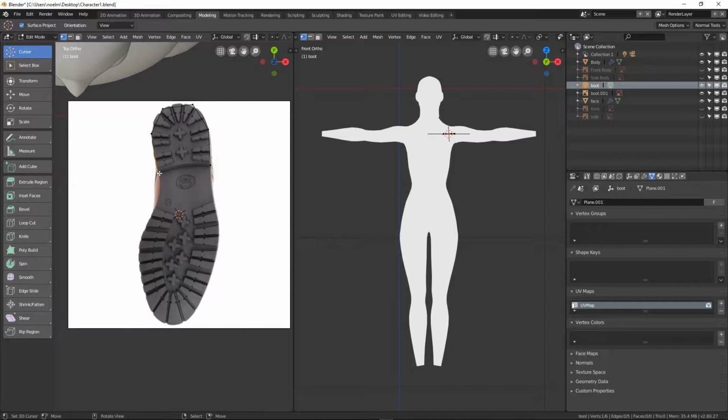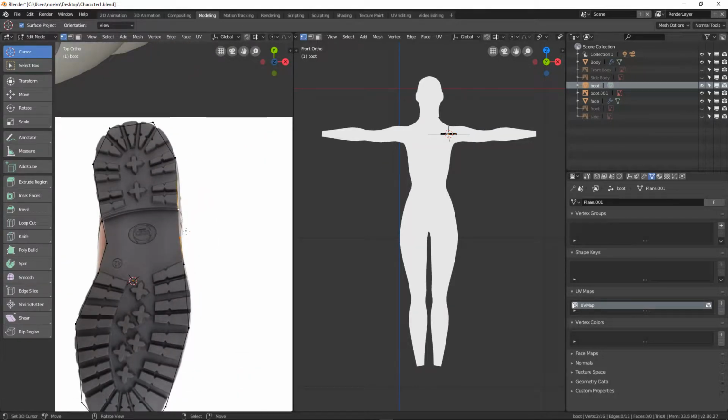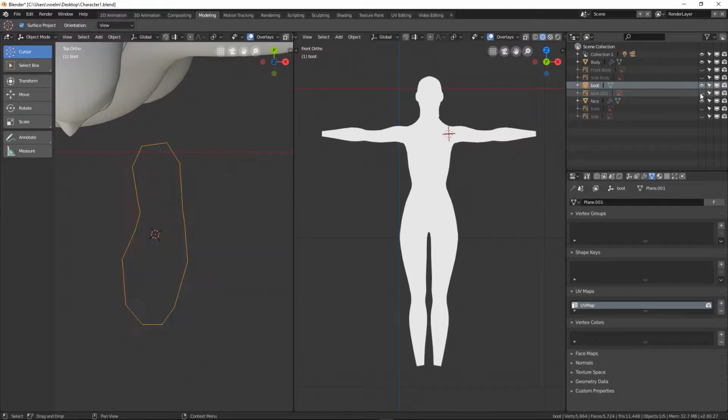And we don't really have to keep 14 for here, it's more for the top, but all we're trying to do here is create a kind of matching amount of geometry. So I'm going to select these two here and press F. Now after that I don't really need this empty, this boot, so I was going to turn that off there. So this is my boot,